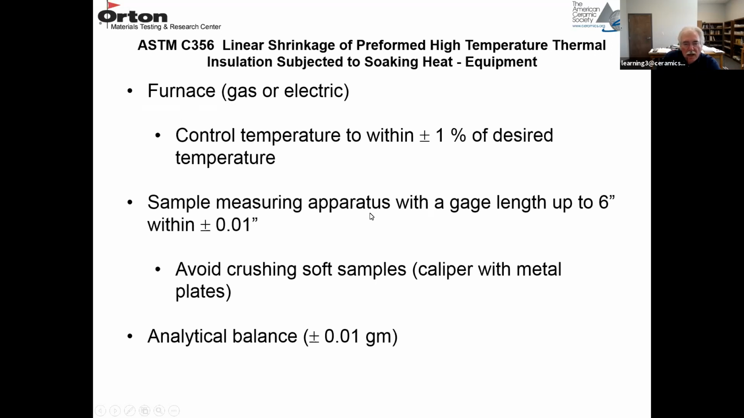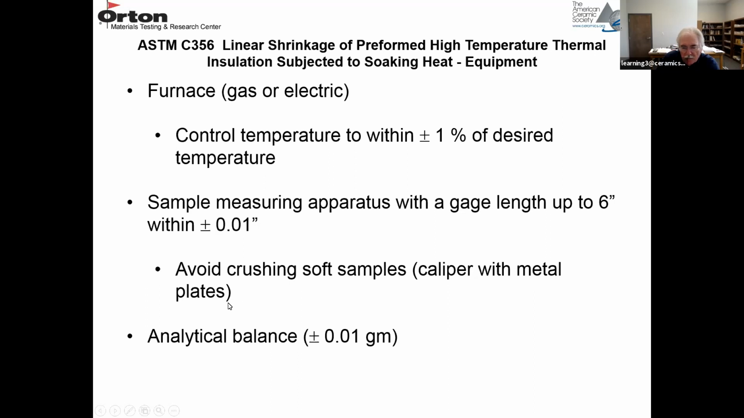You have to have some kind of apparatus to measure the fiber blanket and fiber boards, especially the fiber blanket, which is kind of a soft material. So you don't want to crush these materials when you're measuring them. So there are some apparatus that you can build to avoid crushing the samples,